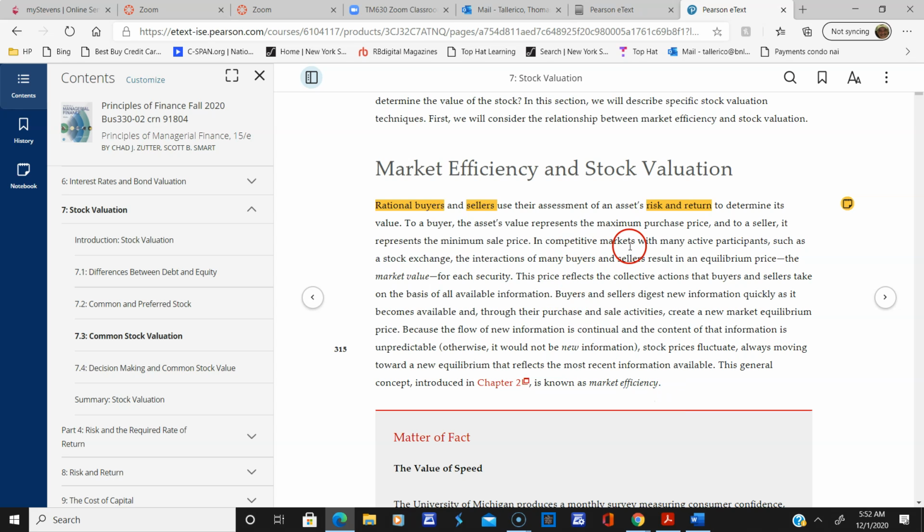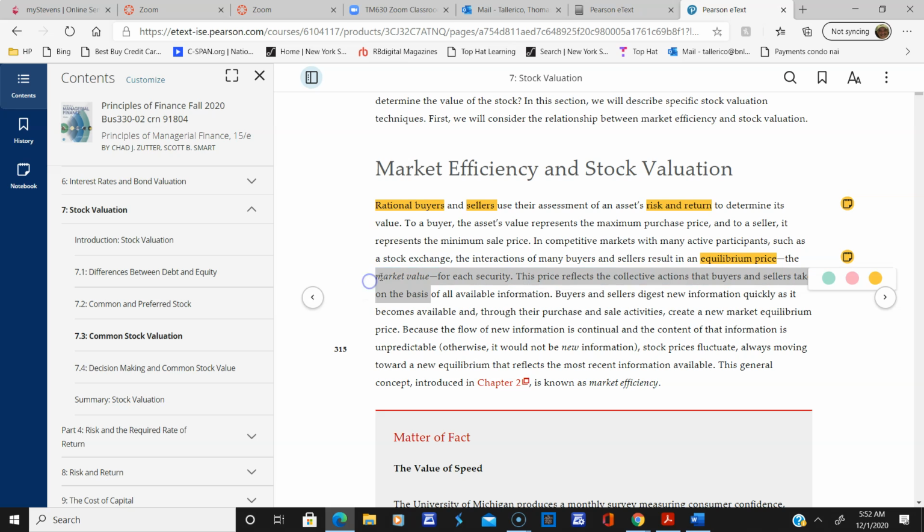And as you know, markets are competitive, right? Everything's competitive in life, and there's a lot of us trading. So with so many people trading and the law of large numbers, eventually prices will reach an equilibrium on average. This is an important term. Prices will finally reach a point where they want to be with buyers and sellers, an equilibrium price, and that equilibrium price will be known as the market value.